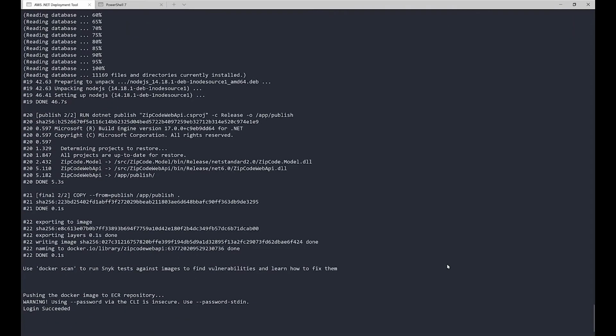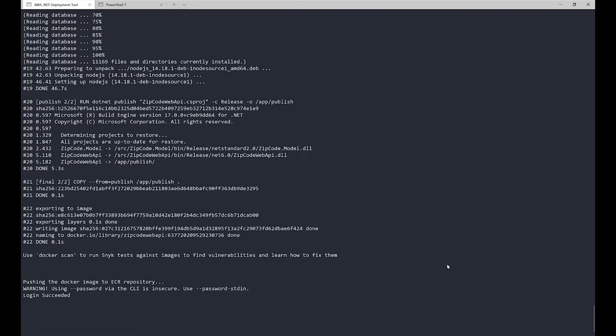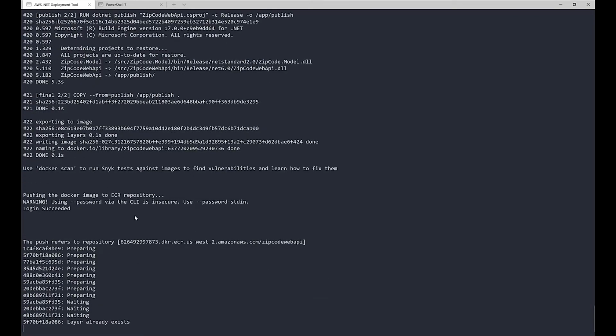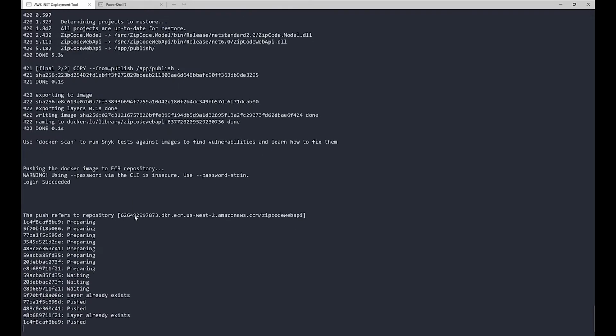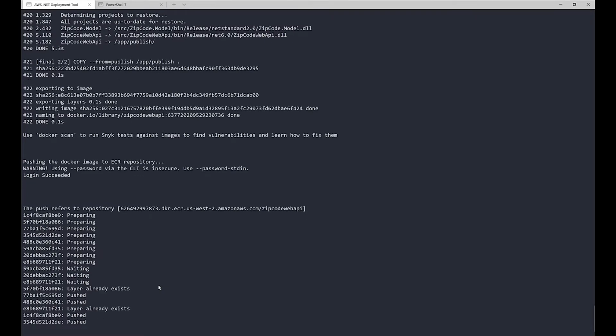Okay, now with our Docker application built, you can see it actually logged into ECR, the AWS container registry, and it has now pushed our image up to there. With our image pushed, you're going to see it's going to use the CDK project again, but in this case, it's not going to generate one for us. It's actually going to use the deployment project that we created for it.